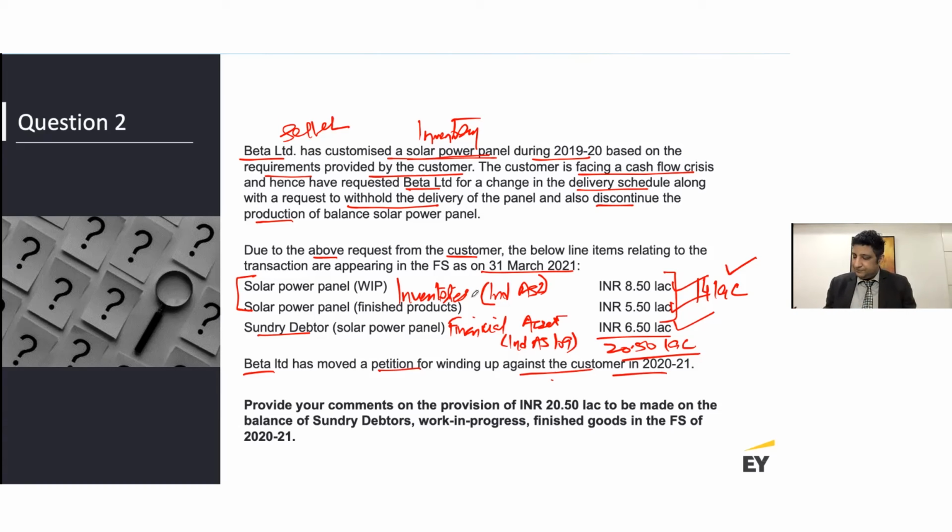In this scenario, Beta Limited has customized the solar power panel, and we know that this inventory is lying with Beta because the customer has requested a delay in the delivery of the particular panel, right? So the inventory is still in the books of Beta, and it would be measured at cost or net realizable value. Okay. Now, assuming that the solar power panel has a market and it can be sold at a price